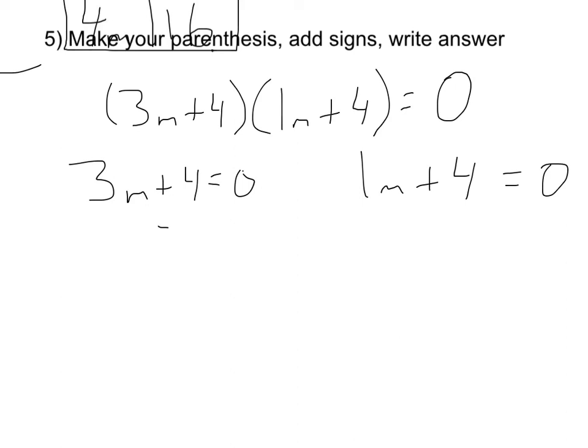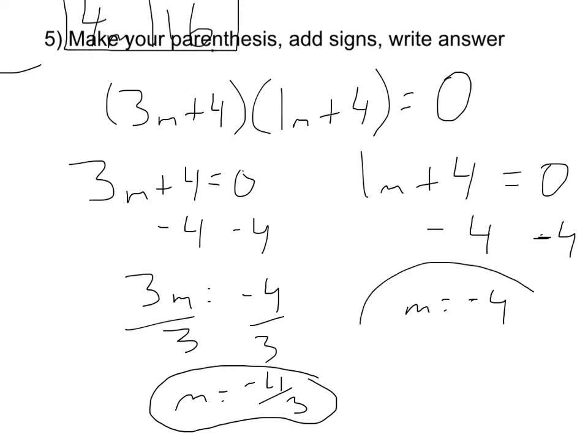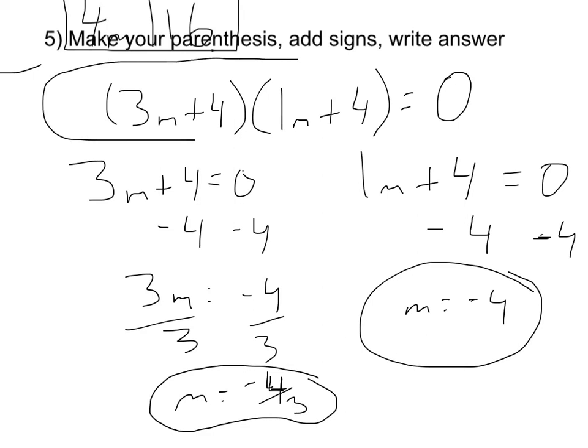So let's start with this one on the left. We minus 4 from both sides, and we're left with 3m equals negative 4. Divide both sides by 3, and then we have m equals negative 4 thirds. Okay, you can put it in a decimal form if you'd like. That's fine. And then over on the right side, we minus 4 from both sides, and then we have m equals negative 4, and then there's your two solutions. Okay. Now keep in mind you can check by taking these two solutions and plugging them back into the original equation. Okay. One other way to check, in case you're just factoring and not solving, is to take this part right here